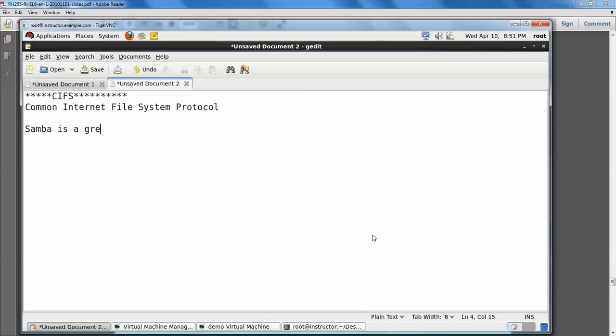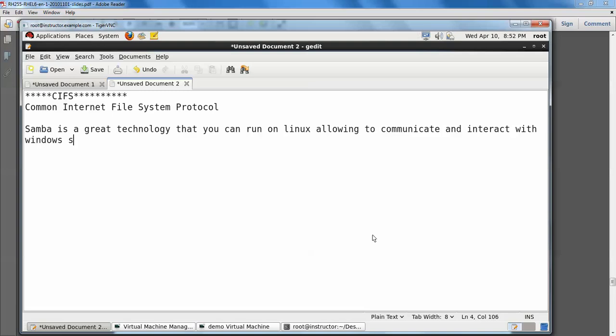Samba is a great technology that you can run on Linux, allowing to communicate and interact with Windows servers and clients.